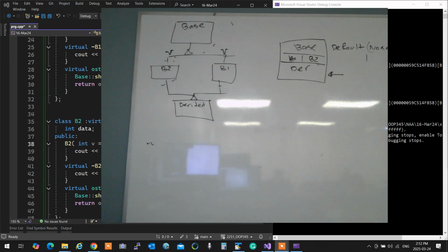In your constructor of B2, you can say add to the value of base or overwrite it, whatever. So B1 and B2 can do something to the value of base afterwards. Of course, if one did something and the other one set it too, one will overwrite the other. And depending on the compiler, you don't know which constructor is called first. So you'll be in trouble.